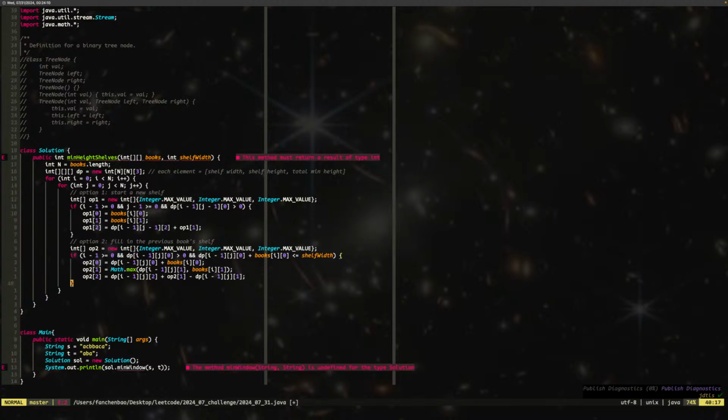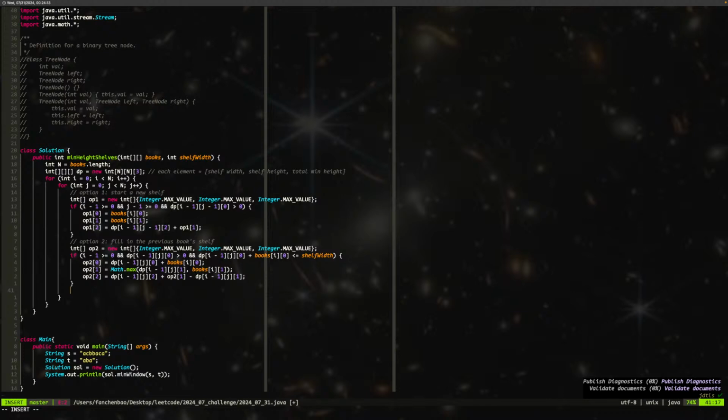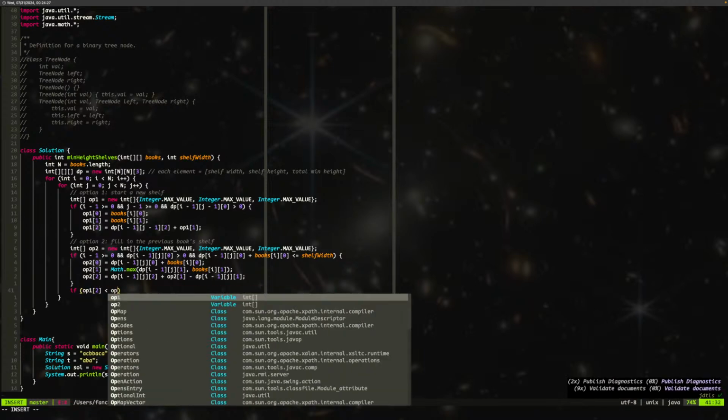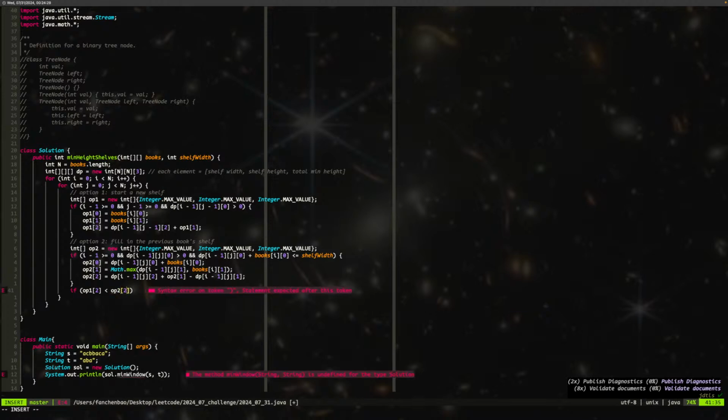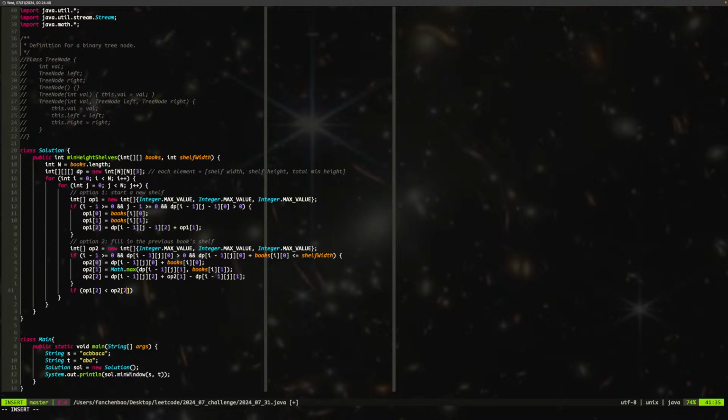Okay. So now, once we're done, right now we need to put it inside, right? We should say if OP1 2 is smaller than OP2 2. So we want to try to save the smallest. Right? We try to save the smallest. We want to know at this level which one gives me the best option. Right? But what if the smallest here